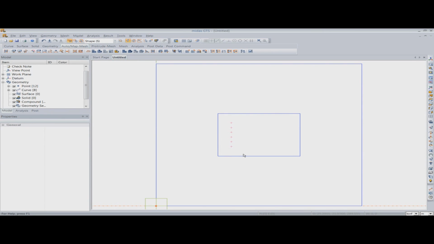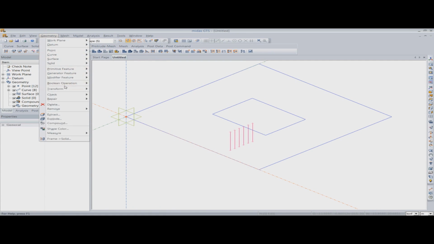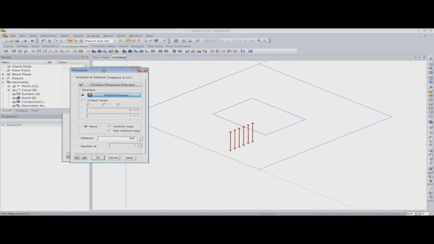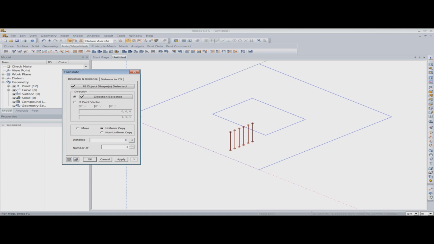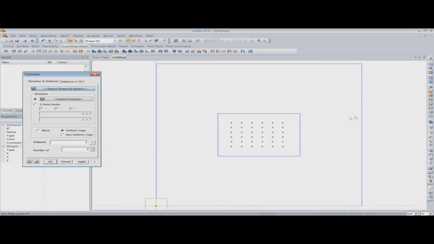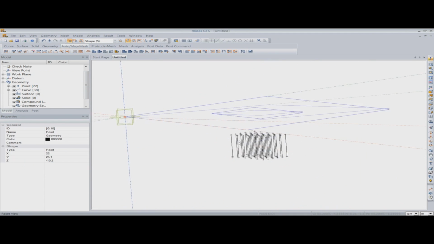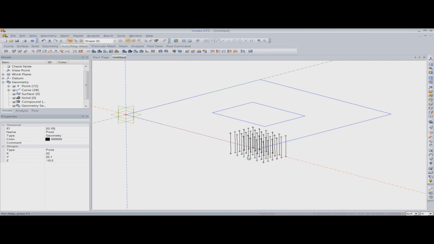So now I'll copy the files from this location and I'll translate them in X direction to model the whole set of files. So again I'll go to the transform translate feature. I have selected the elements already. I'll select the direction and I will uniformly copy it 5 times in X direction. As you can see, let's see from the top view, and this is how it looks like. And once I click on OK, as you can see, the files have been modeled. So in a way you can model the files or any of the structure using these kind of features.